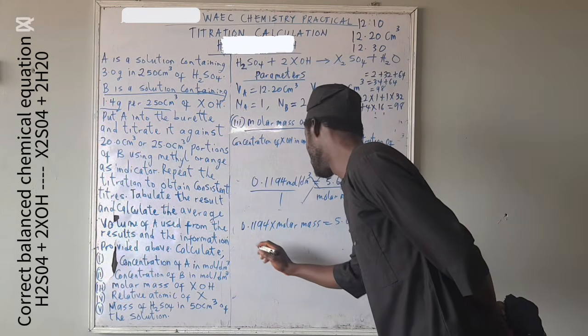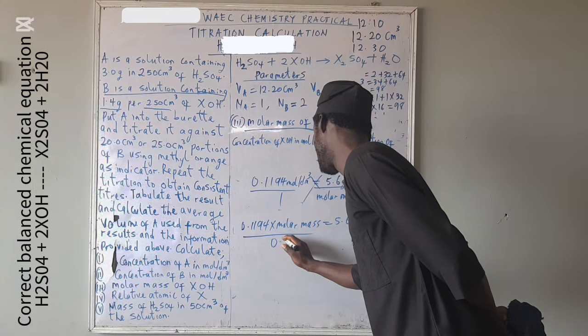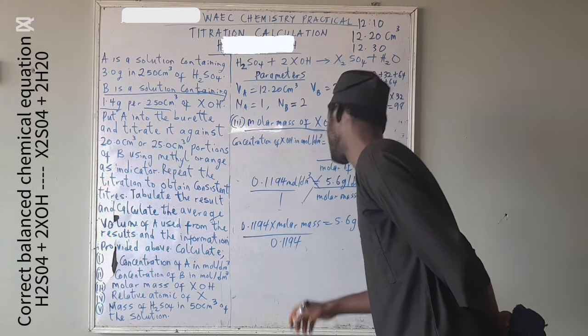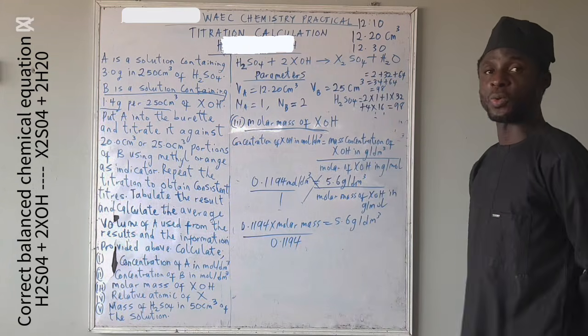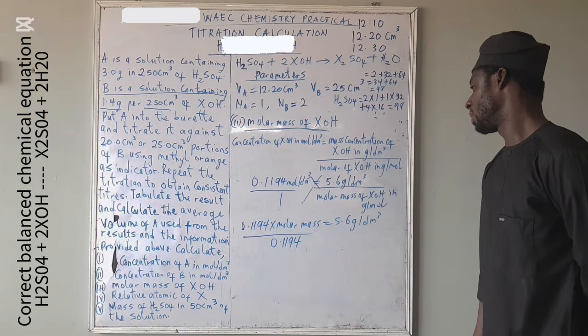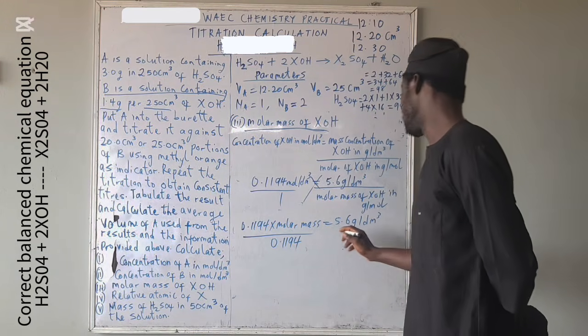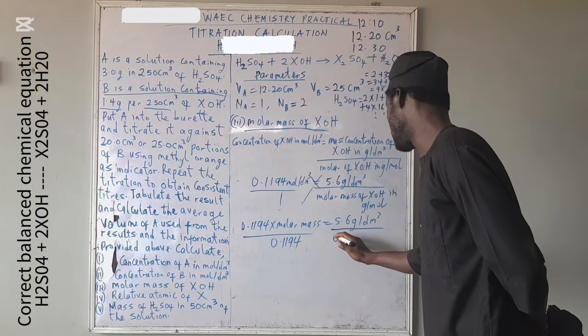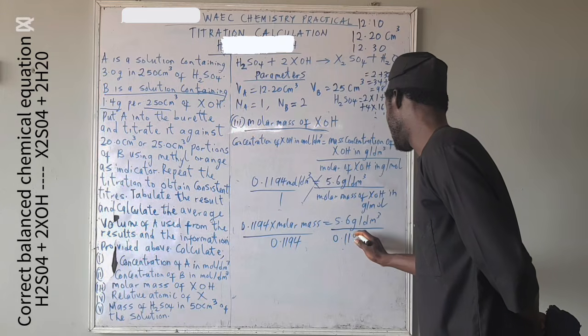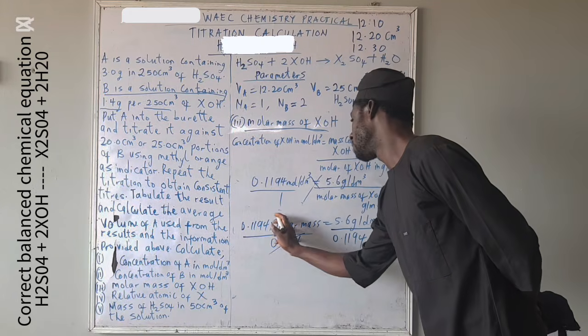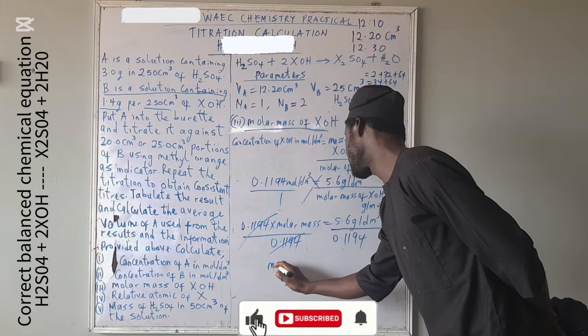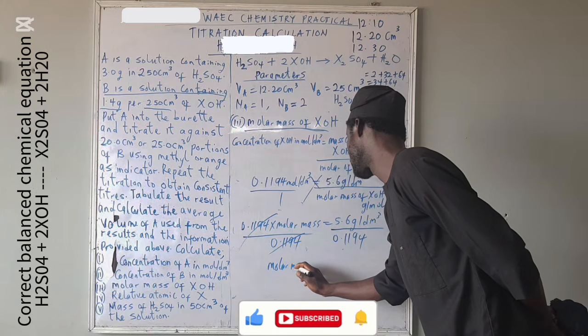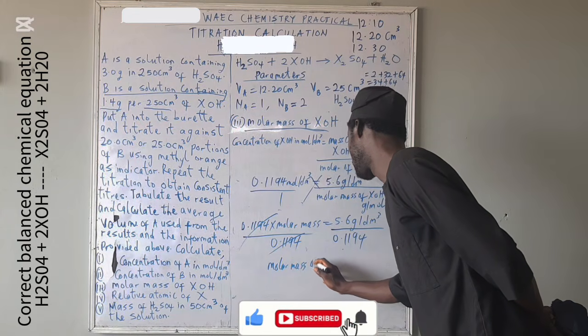0.1196. So divide by 0.119. Sorry, divide by 0.1194. So let's divide it by 0.1194. So our molar mass of